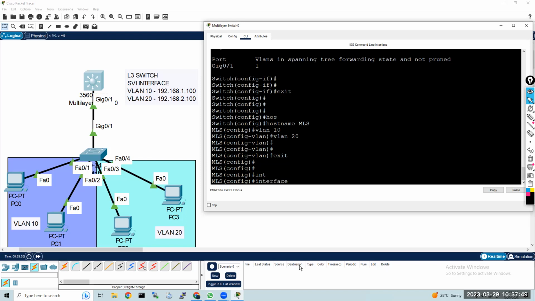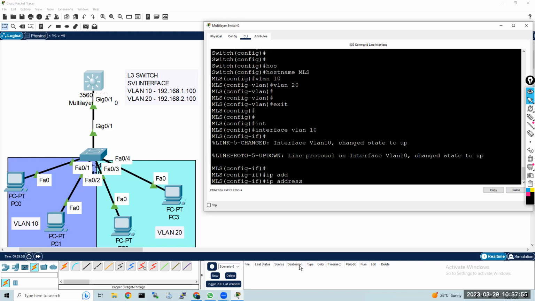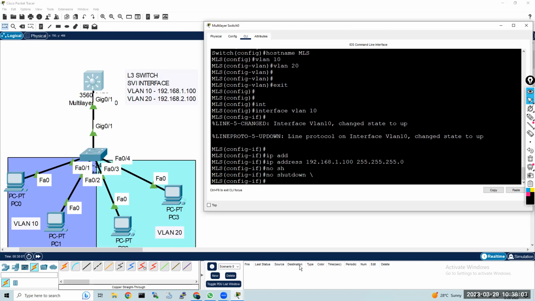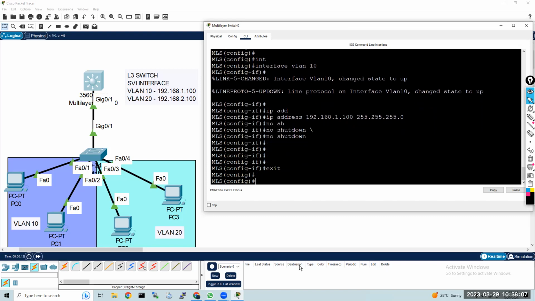Now interface VLAN 10. And now IP address 192.168.1.100, 255.255.255.0. I say no shutdown. And now interface VLAN 20, IP address